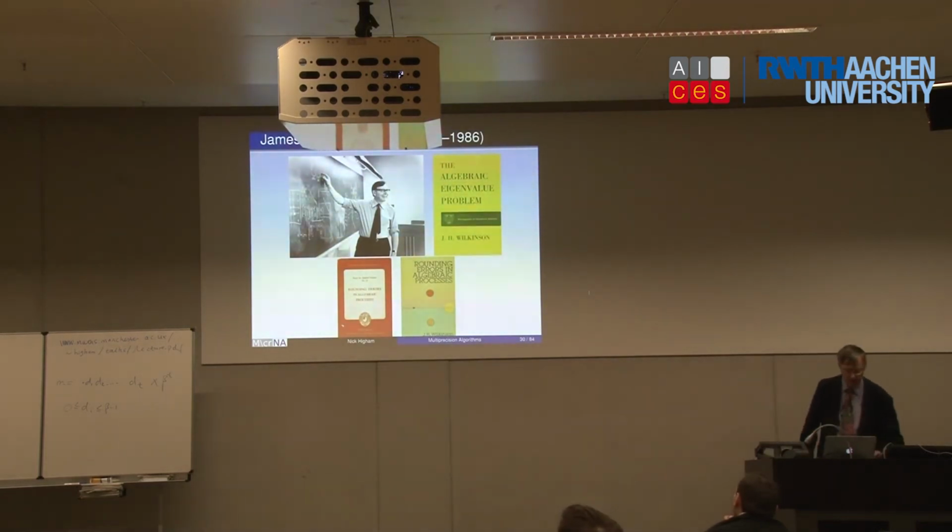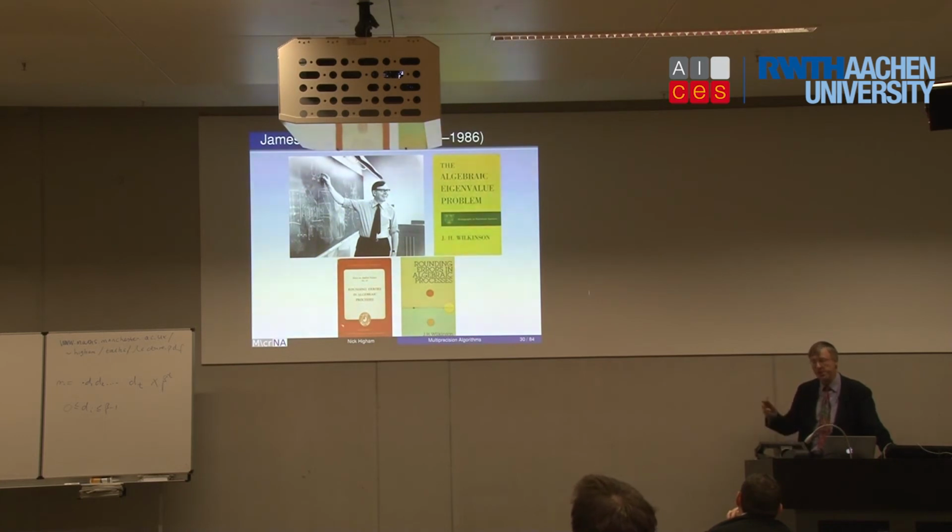Rounding error analysis. So the really great name in rounding error analysis was Jim Wilkinson, who worked at the National Physical Laboratory in the 1940s. And he was a colleague of Alan Turing. In fact, Turing, when he was at NPL, did the design of the first computer at NPL, called the Pilot Ace, about 1944-45. And he wrote the design and then left NPL, went to Cambridge. So after Turing had left, Wilkinson took over the design and building of that first computer, which did its first computations in 1950, I think.